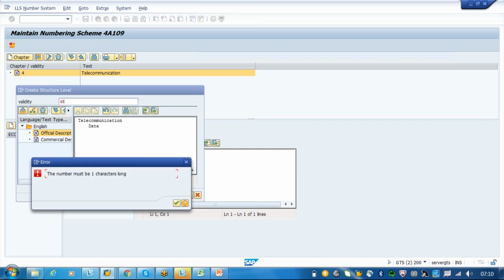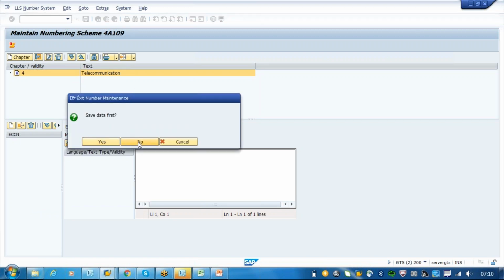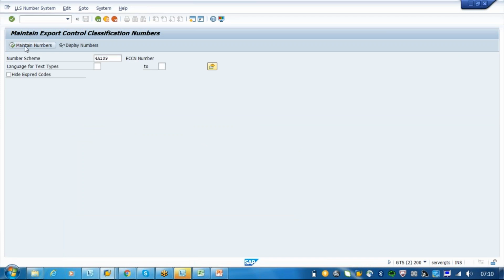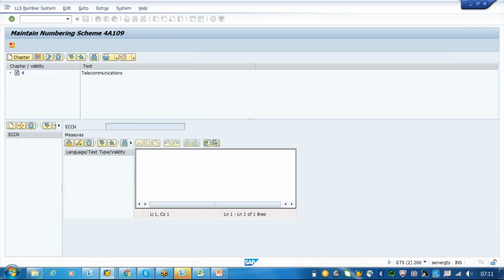Copy. You have to come back. So the first number is, I'll put 4. Okay, it's a copy of data. Then go to second level.